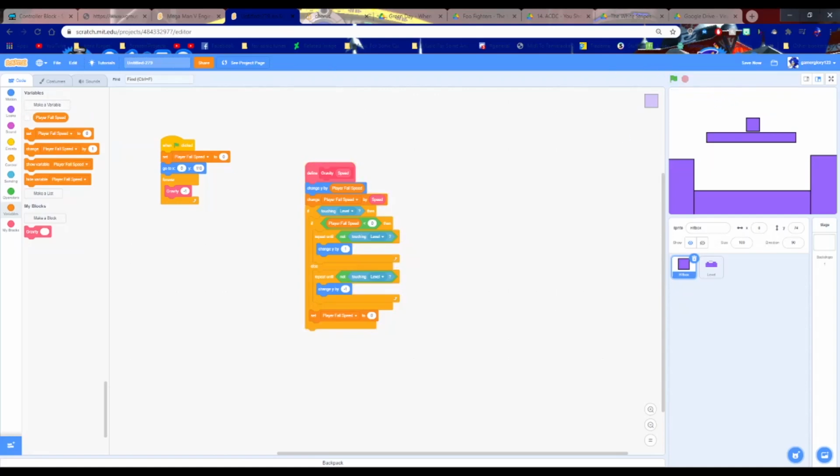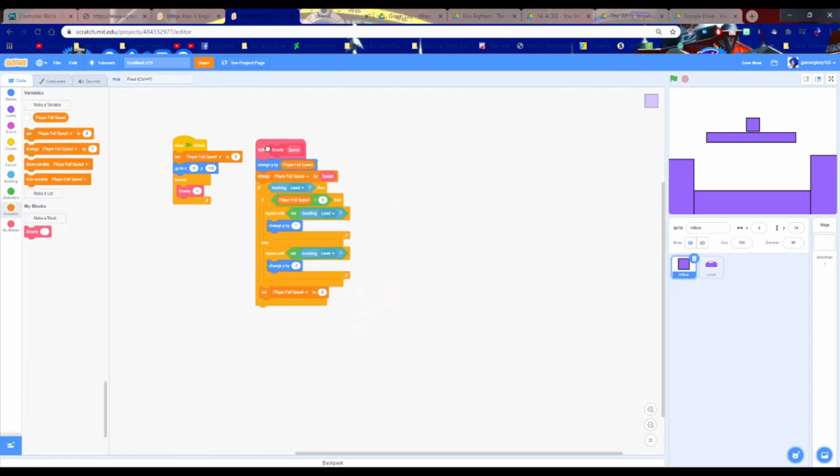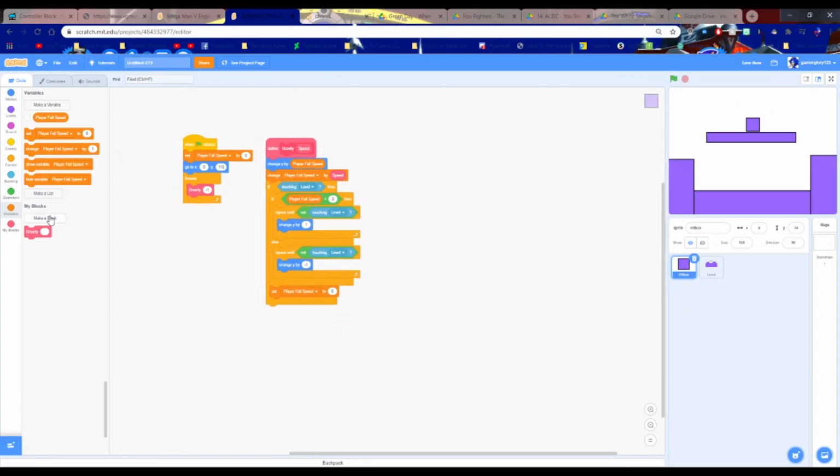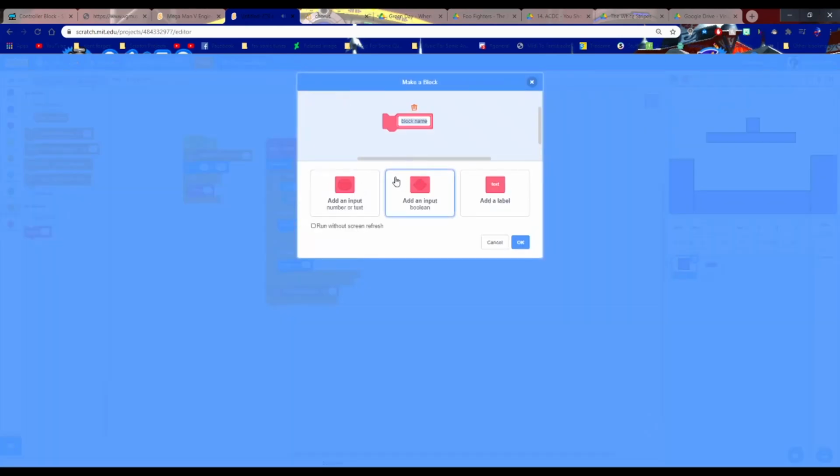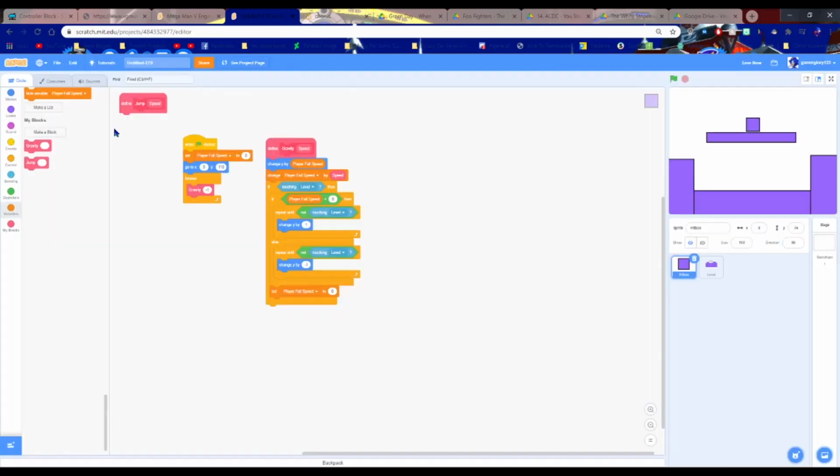Okay, now we need to make jumping. Luckily this one's way easier. I got gravity in first because the gravity script is needed to make the jump script. So we just make a new block, call it jump, and add an input and call it speed. Now I put it next to the gravity one. I'll set the jump to 13,